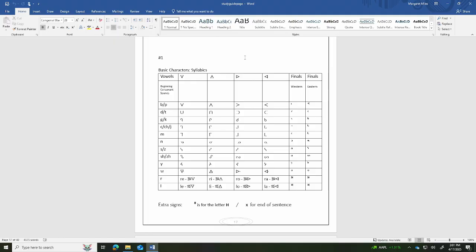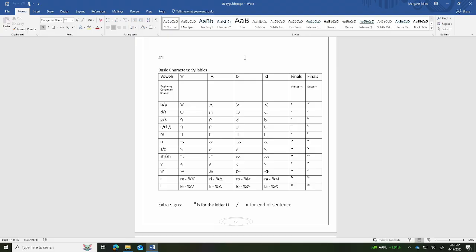So we're going to start with the vowels A, E, O, A on the top. And the beginning consonant sounds. We're going to start with B, P,